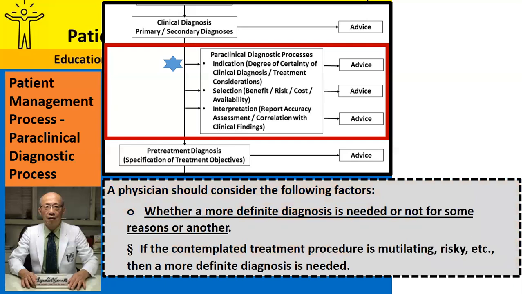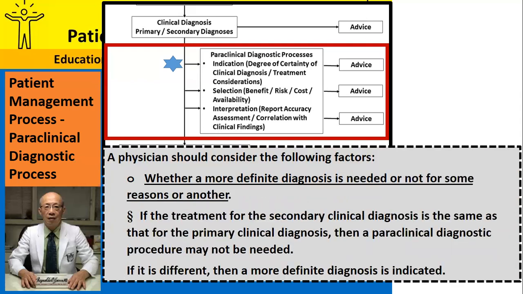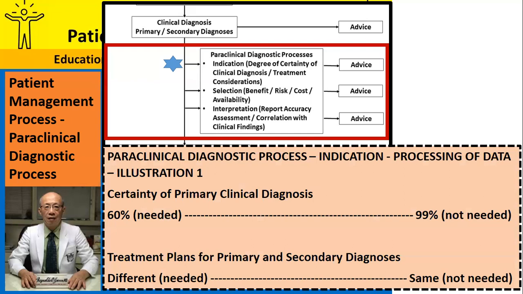On whether a more definitive diagnosis is needed or not for some reason or another, if the contemplated treatment procedure is mutilating, risky, etc., then a more definite diagnosis is needed. If the treatment for the secondary clinical diagnosis is the same as that for the primary clinical diagnosis, then a paraclinical diagnostic procedure may not be needed. If it is different, then a more definitive diagnosis is indicated. Illustration: